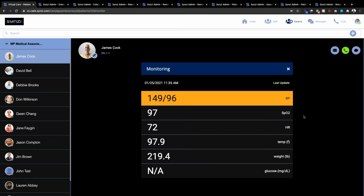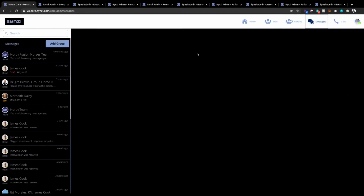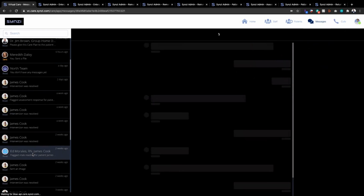connect a Bluetooth low energy device to the application and view a patient's latest vital readings. For this example, I actually have an alert set up that if a patient goes above a certain blood pressure reading, anyone on the patient's care team is going to be alerted by a push notification, and everything is reportable as well. So if I'm logged in on my phone or my tablet and I am on the patient's care